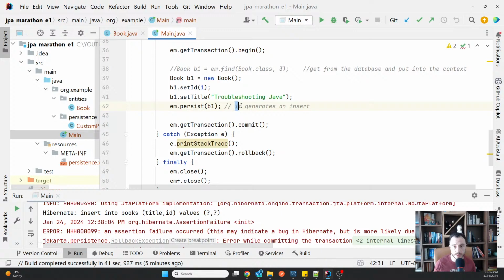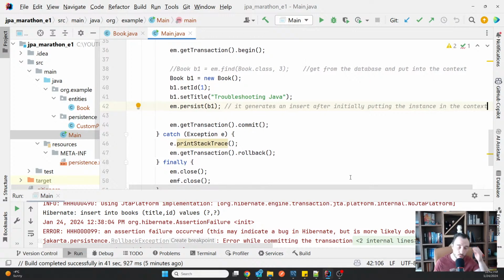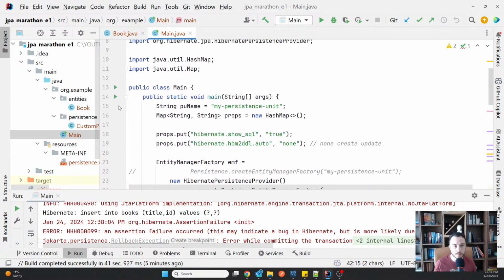So here it generates an insert, after initially putting the instance in the context. Because the most important thing we always have to remember, these operations are only the entity manager working with a context, not with the database directly. And I'm gonna run it.